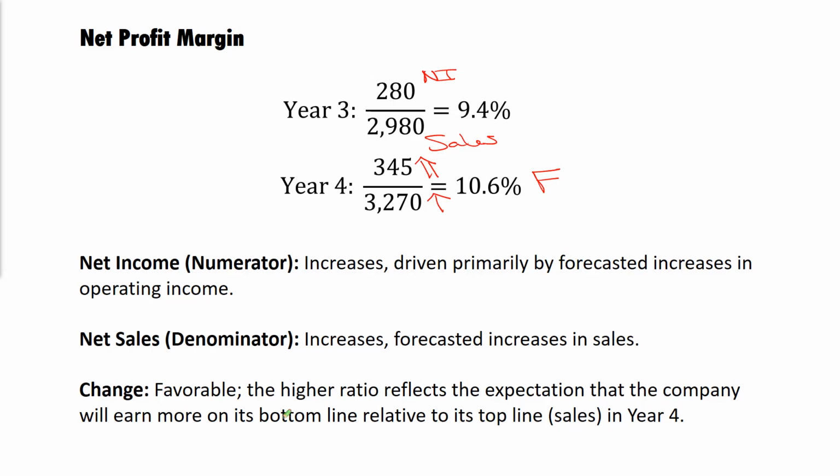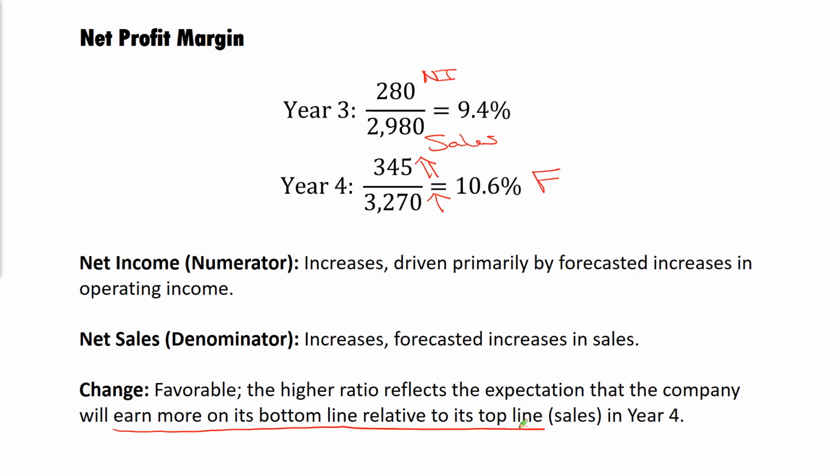And again, what that expects here is an expectation they're going to earn more bottom line relative to the increase in the top line, which is really a good thing, right? It indicates, hey, maybe we're growing and we're being more efficient about it. Or does it, right? One of the dangers for a company sometimes is as they grow, are they also staffing up to meet those growth needs? Are they trying to make do with the same number of people when in fact that might be putting too much strain on the organization? So it wouldn't surprise me to see that number settle out as well.